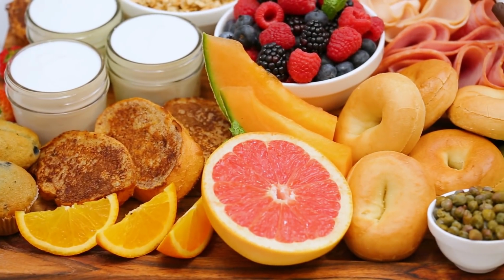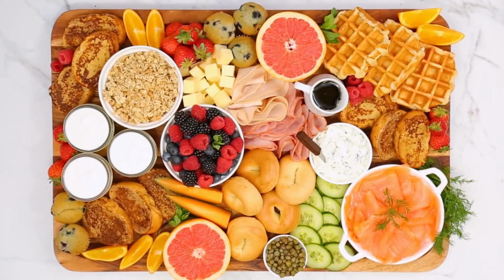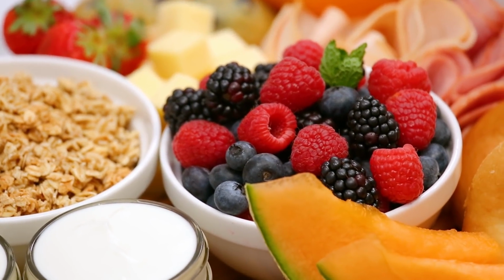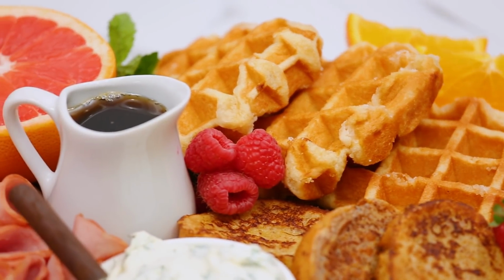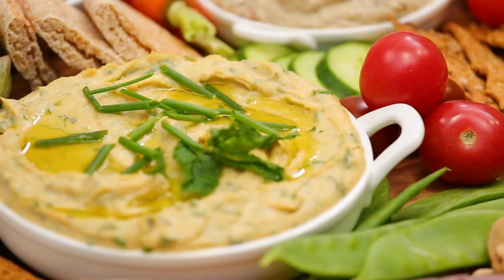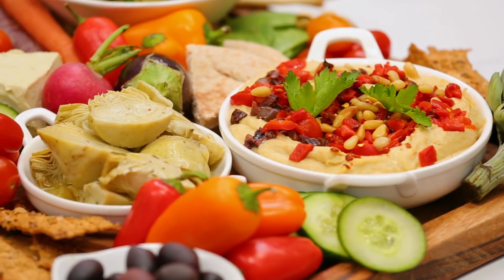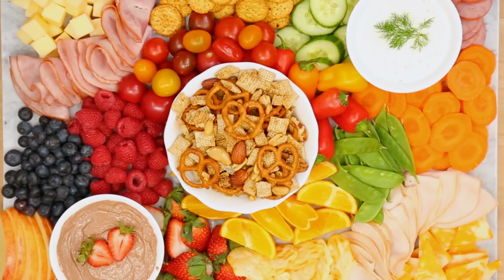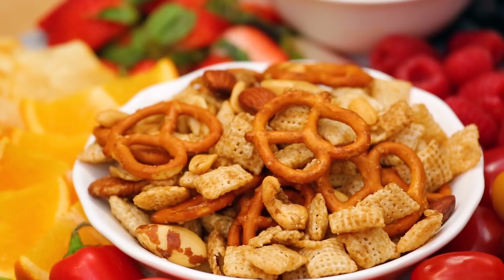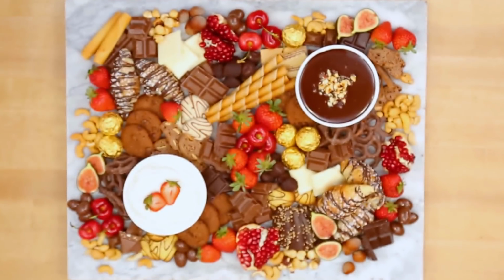So over the next few episodes, I'm going to be sharing awesome ideas for party platters that will really wow your guests. These boards come together really easily, but look incredibly impressive and of course, taste totally delicious. For the carnivores in your life, I've got a really classic festive charcuterie board coming. I also have this gorgeous filling vegan board for all the vegans and vegetarians in your life. Then I've got a kid-friendly party platter that the little ones will absolutely love. And we're going to finish things off with this totally show-stopping chocolate dessert board that is seriously going to blow